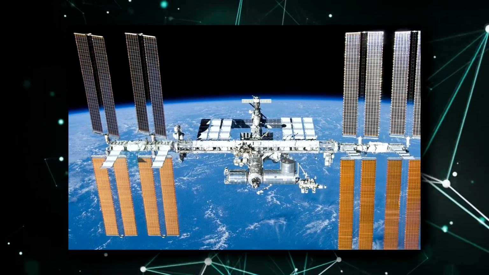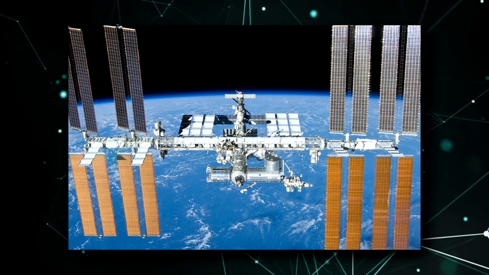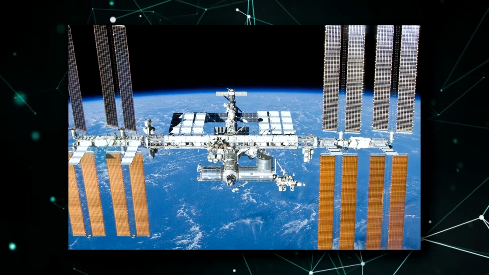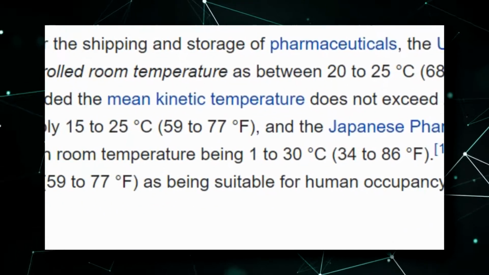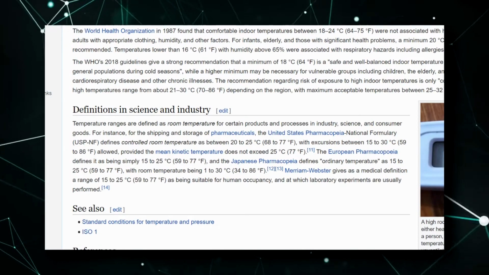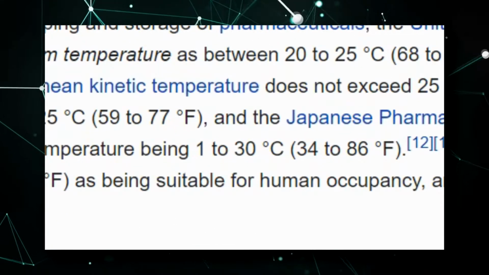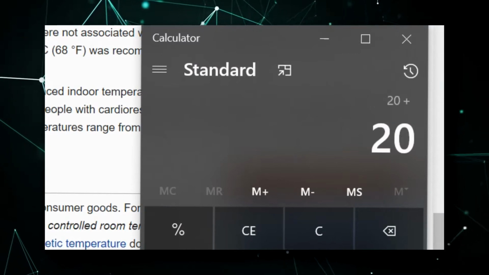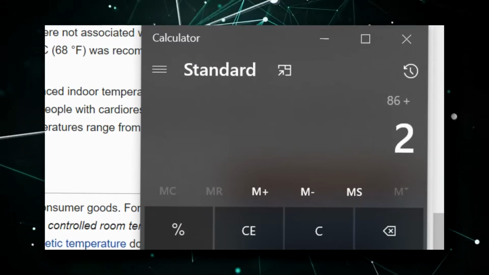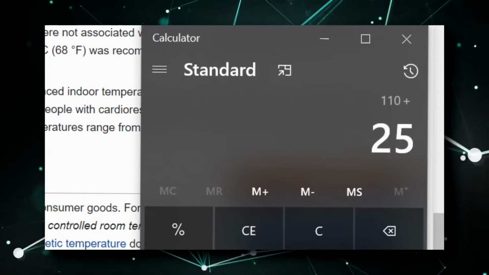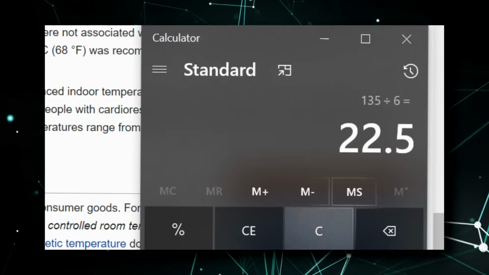Science and industry room temperature, which, due to it being a science and industry, you would expect it to be extremely specific, is not specific at all. See, multiple science and industry leaders provide a range, with it being a mere 5 degrees Celsius difference on the low end to a 30 degrees Celsius difference on the high end. Some provide their lowest room temperature as just 1 degree Celsius, and others provide their highest as 30 degrees Celsius. But averaging out, this temperature becomes 22.5 degrees Celsius for industrial and science operations, roughly.